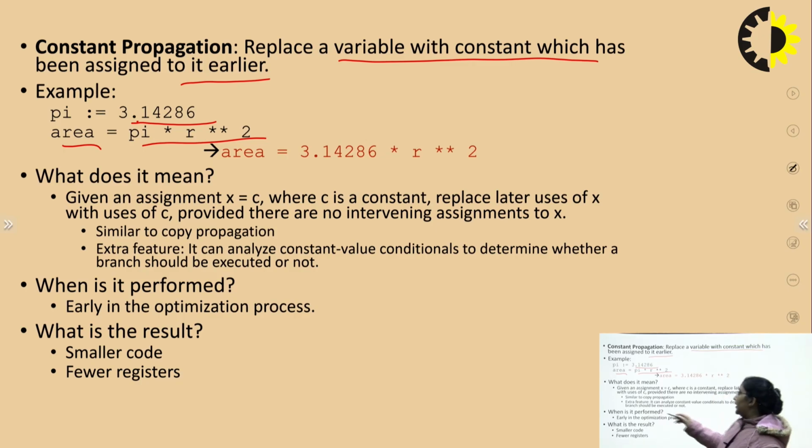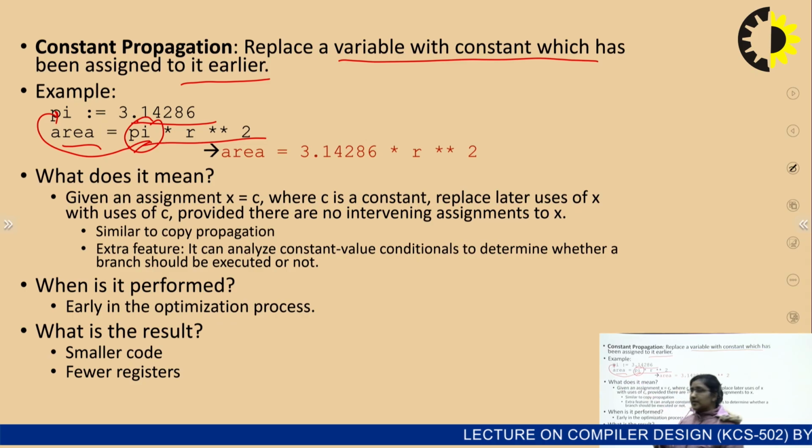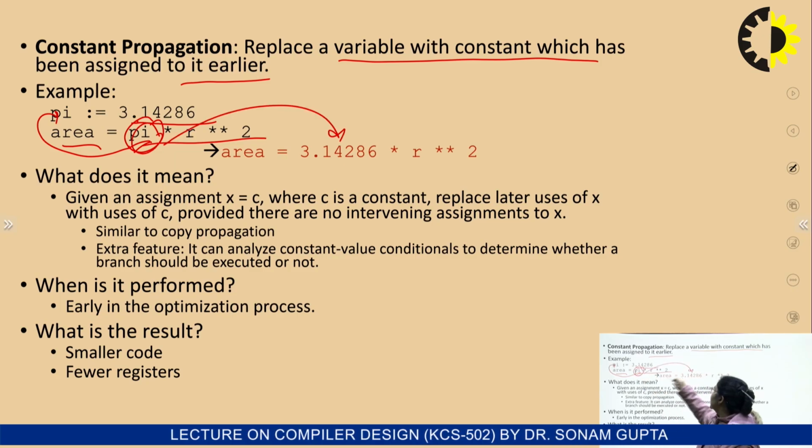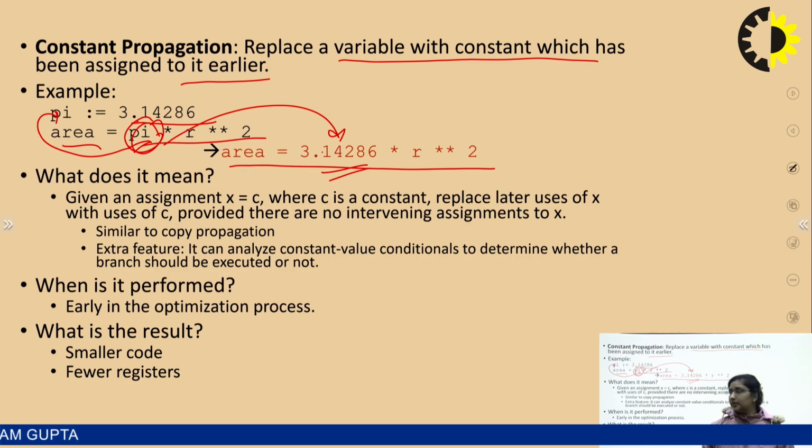Now, instead of writing this pi variable, what will happen with the compiler? The compiler will first store this variable, then fetch this information from this statement, the value of the pi. We can straight away put the value of the pi and make this new statement. This is constant propagation. We know the value of the pi beforehand. So, instead of going the extra fold, we can simply replace the variable with the value.